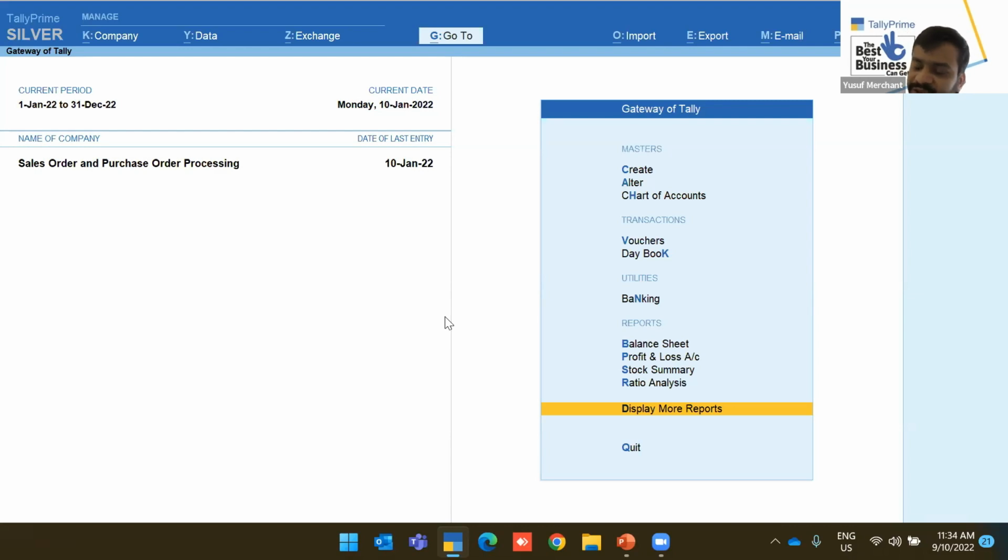Over and above, then I raised two purchase orders. Based on the second purchase order, I received two GRNs. There were two different goods receipt notes on different dates. I selected those. So when I go back,